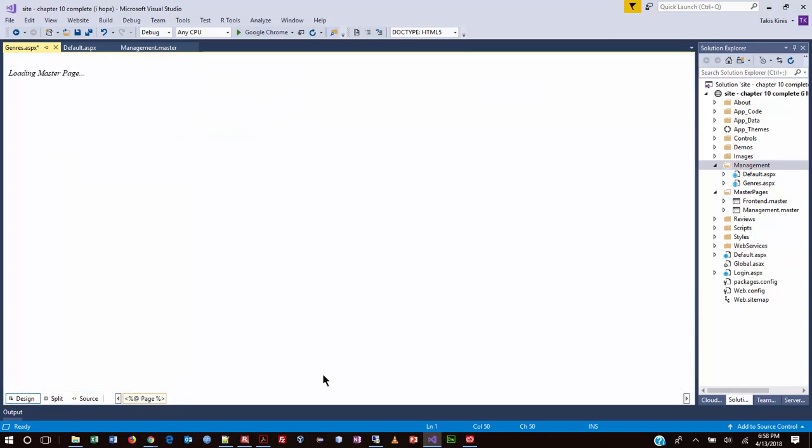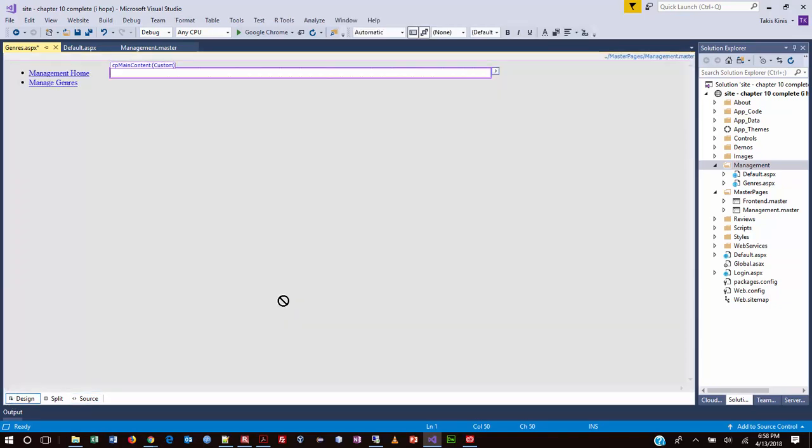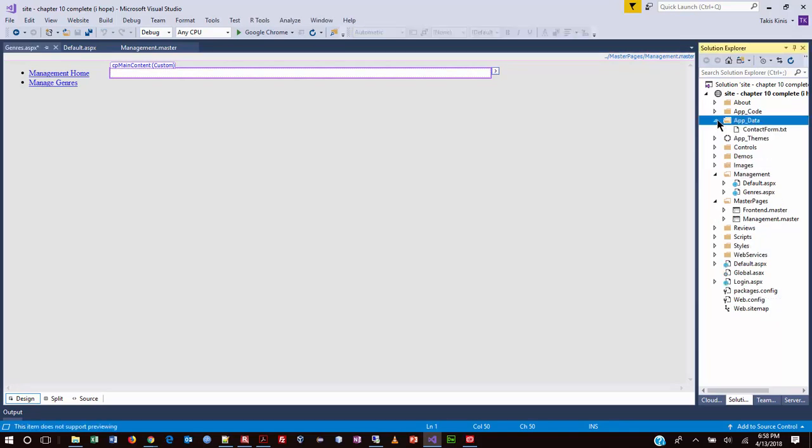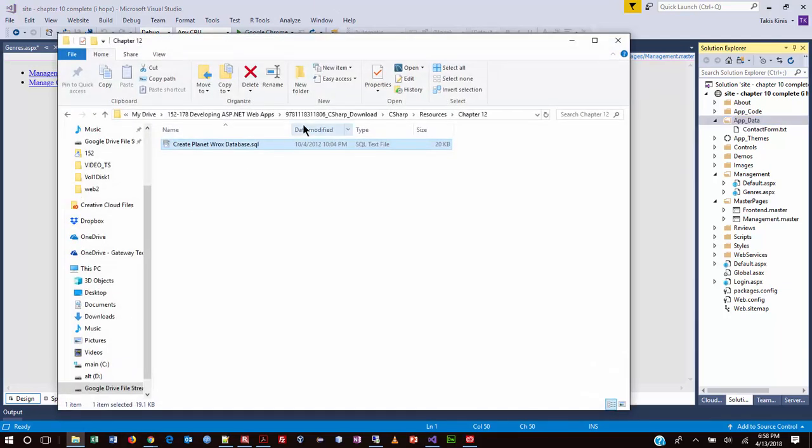Then they want us to switch over to design view. And here's the point where they want us to pull in the Planet Rocks MDF file. Now, I am going to pull that up from the book's resources. This file is pre-created. In Chapter 12, we kind of went through the process of the SQL Server thing where you maybe created it and then you try to get that file and pull it into your application. In this case, I'm going to go to the book resources,